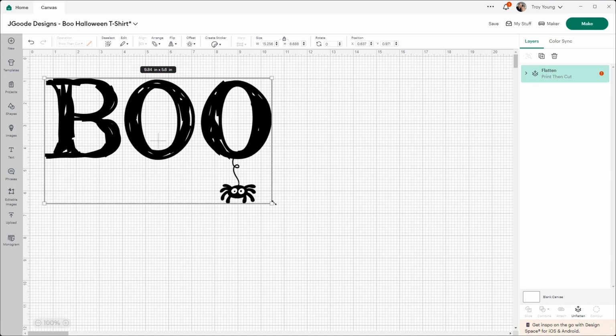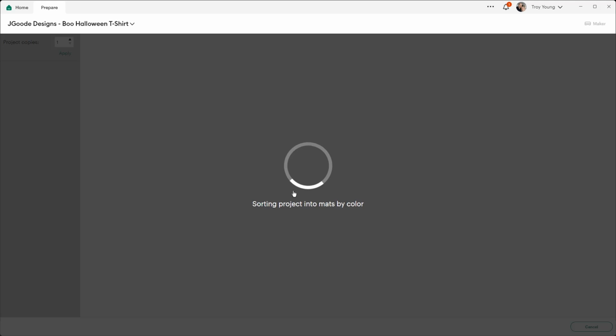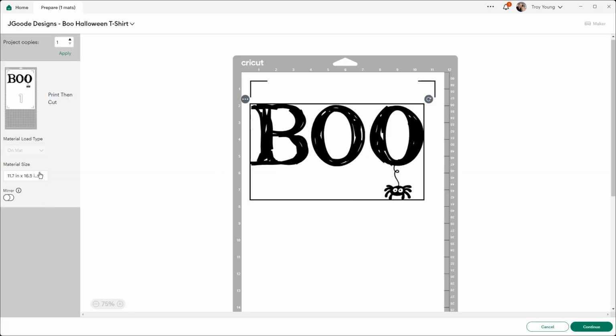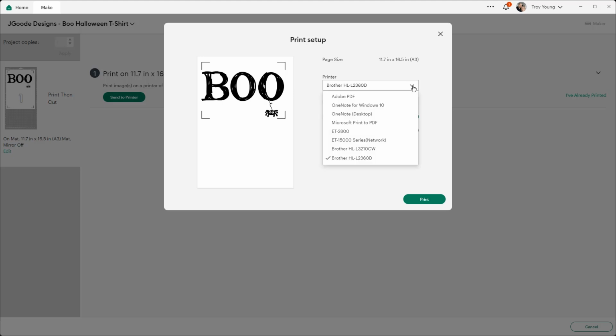So if we want that, say 10 inches wide, when we click Make It, I'm not going to bother to save this. You can if you want, but one of the things you want to do is on your material size, set it as high as possible up to the A3 size, if necessary. I mean, if your design is smaller, then that's fine. But typically what happens is if you make it as large as possible, if you have to shrink it down, it will just improve the quality in our gang sheet builder. So once you have that and then you click continue, we're going to select send it to printer, but over here I'm going to print it to a PDF file,